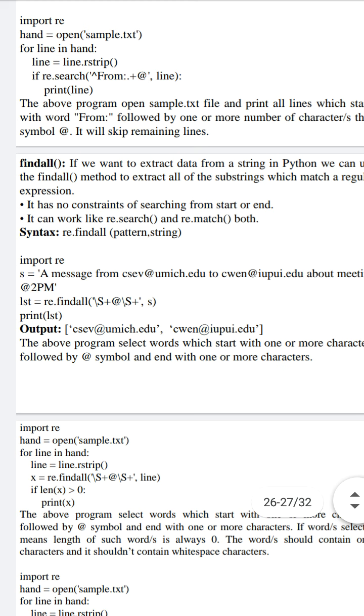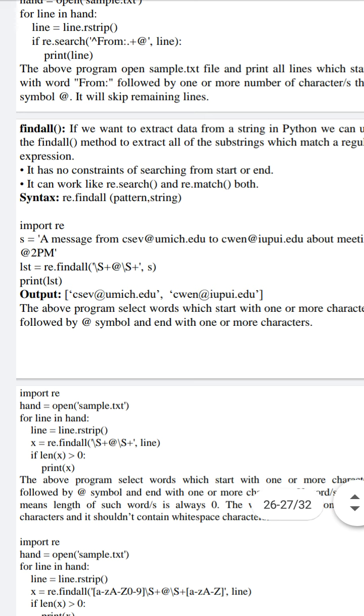Again, if you see the next example, we are opening sample.txt and we are assuming the same thing again. It is part of our current directory. It is giving read permission by default to a user. After that we are reading line by line, and again by applying the rstrip function we are removing the special character, that is \n.